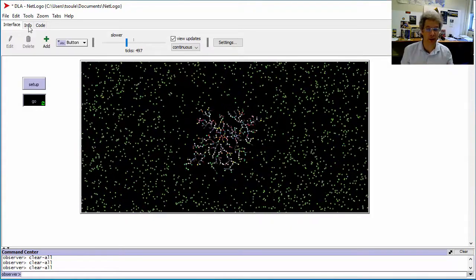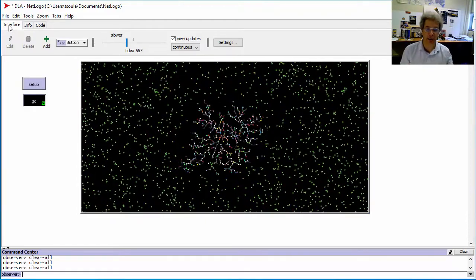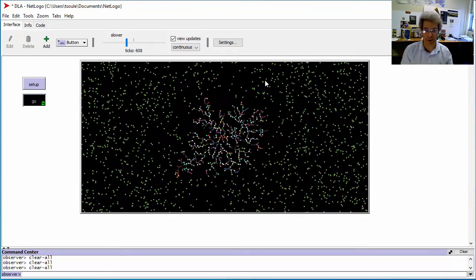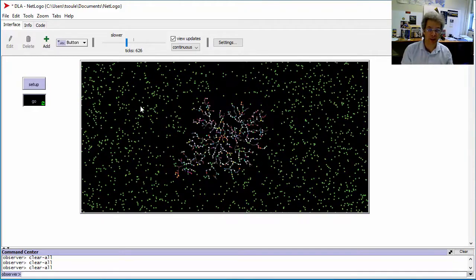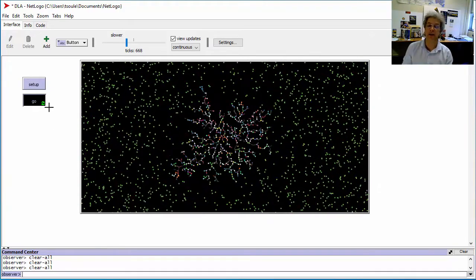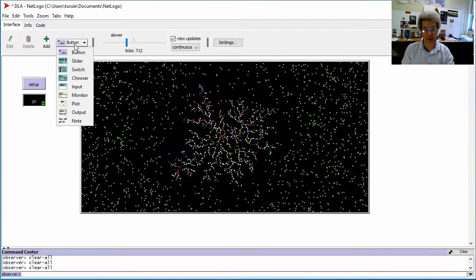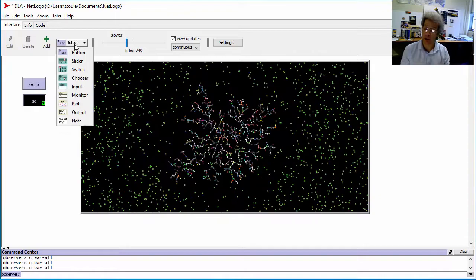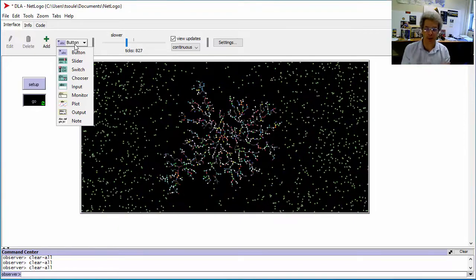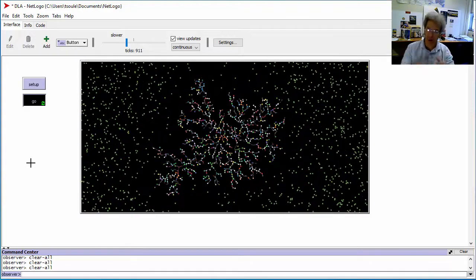So NetLogo has 3 tabs you can see up here in the upper left that are important. The first one is the interface tab. This is where you run and control your programs. I have a program running here within the screen, and then you have off to the side, and it could be either side or above or below, buttons and other interface mechanisms. So there's a drop-down menu. We won't worry about the details, but you can put in buttons or sliders or plots so that you can graph data, all sorts of different things that you can add to the interface. So that's the first major element of any NetLogo program, the interface where you run and interact